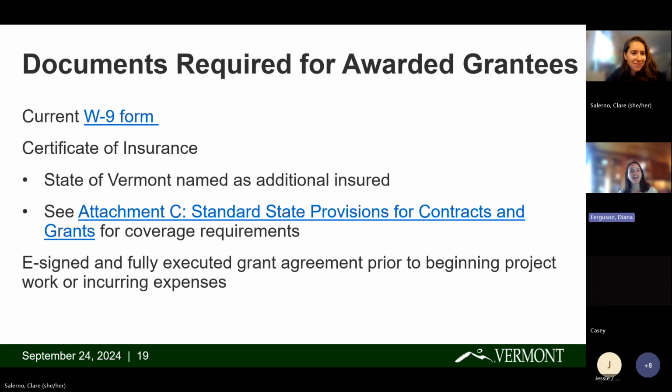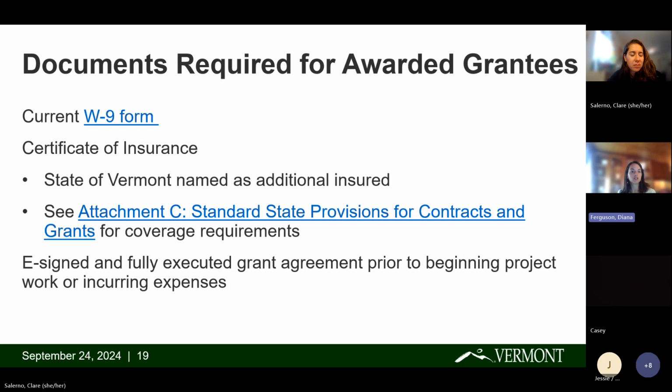Thanks for hanging in there. I know there's a lot of information and there's a little bit more here on the logistical side, just to prepare you if you are submitting an application. If you are awarded, there are some forms that will be needed right away to get you into the state system so that you can receive your funds. And one of those is an IRS W-9 form that has to be signed in the past 6 months. That's pretty standard, but there can be some very particular recommendations around crafting that correctly. So make sure to follow the IRS instructions there to avoid any holdups.